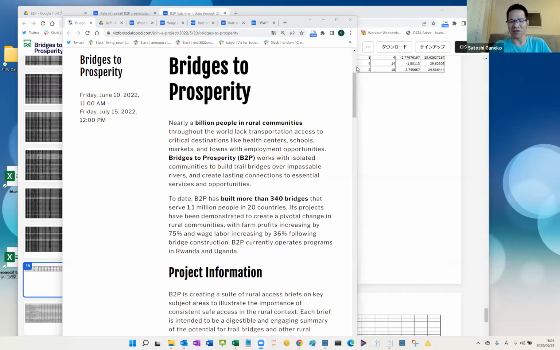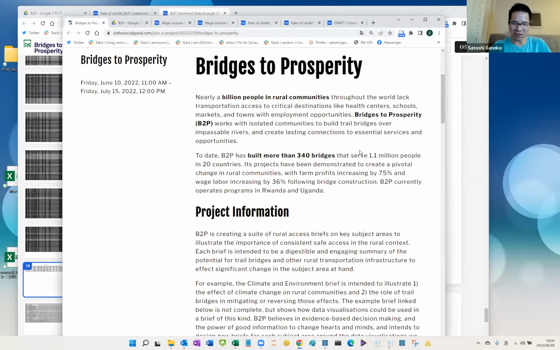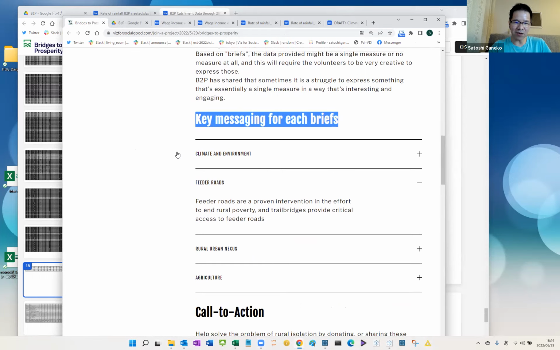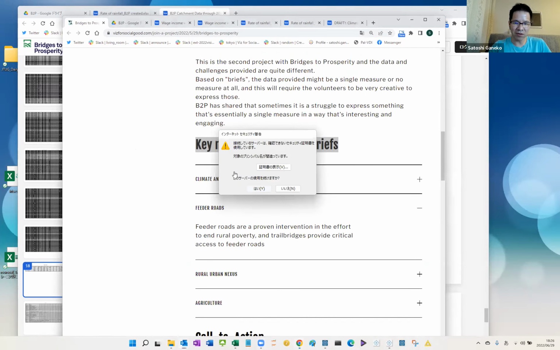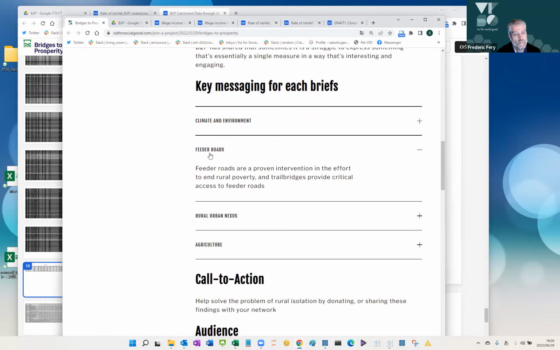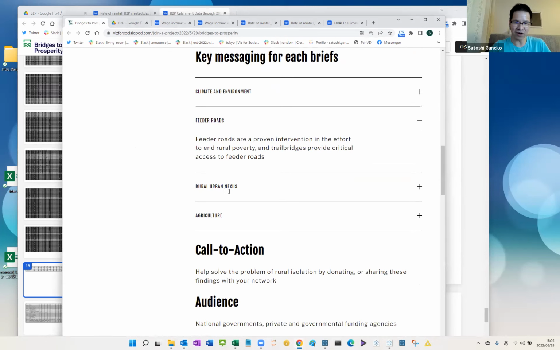So Satoshi, were you thinking of using the survey data again, or those smaller data sets? Or not yet? I already tried to visualize survey data in 2020. One more finding is this project page has a key message for each brief section on the climate, environment, feeder roads, and rural, urban.